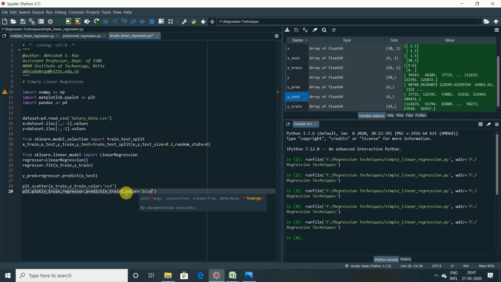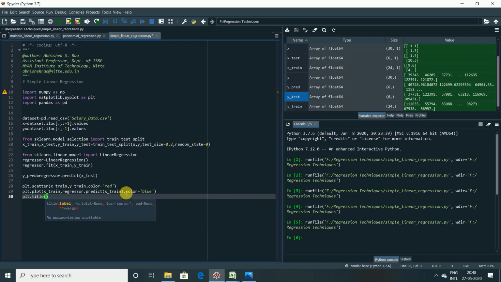After that, let's add the title for our graph. We do it using plt.title. Title of what? We'll give it as Salary based on Experience for the training set. That's why I'm giving Training set. Similarly, we'll add the labels to the x and y axes.